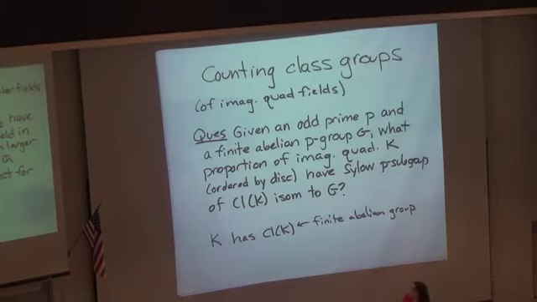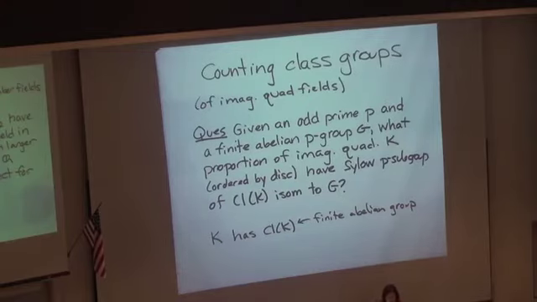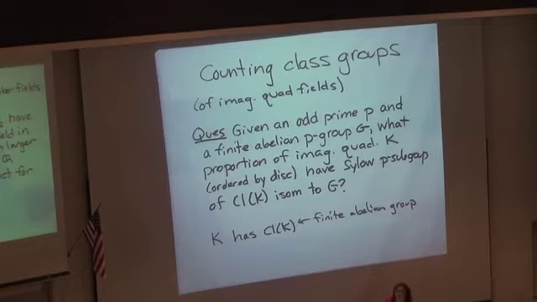what on average does the p part of the class group look like? In particular, how often is it each of the various possibilities? So I restrict here to the odd primes because